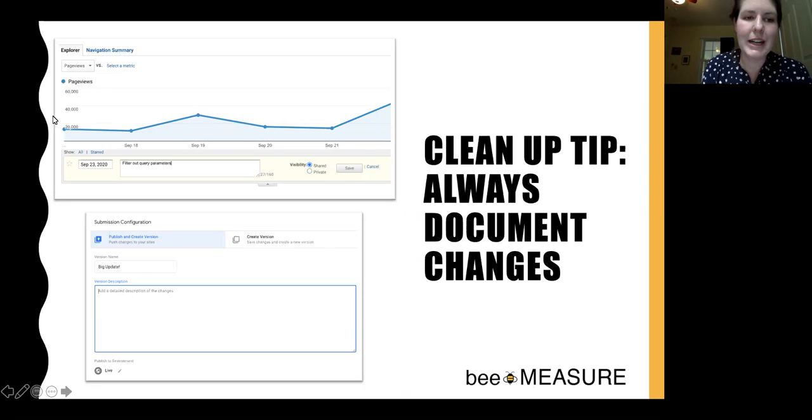It's on any report, right underneath those line graphs that you always see. And you can add comments in here, just saying what happened on a particular day. This is really handy going forward, when you're looking back the next year and you're like, why is traffic totally different starting September 23rd? It will give you some insight into what happened.